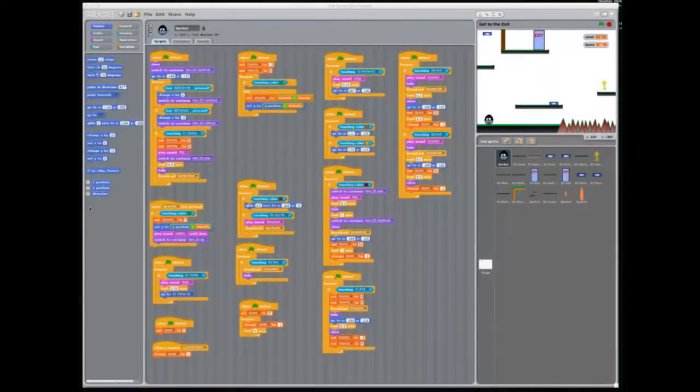Hello, and today I'm going to go over my game I made in Scratch for a class. It's called Get to the Exit. So first off, we're going to open this window up here, and I'm just going to run through the